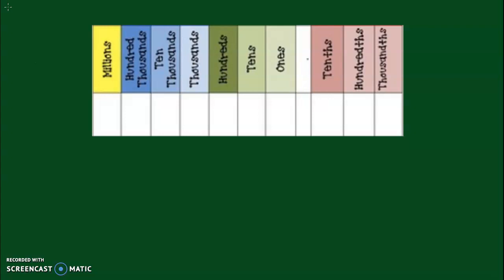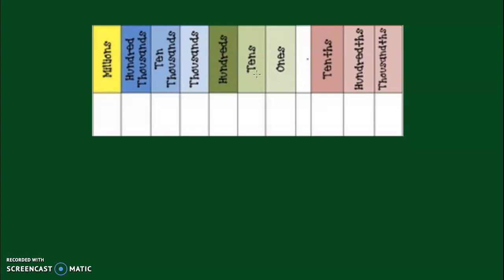In today's video, we're going to be looking at some place value things, and we're going to start up here with the place value chart. And we're going to talk about moving to the left on a place value chart and to the right on a place value chart. So if we look here in the ones place and we go to the tens place,